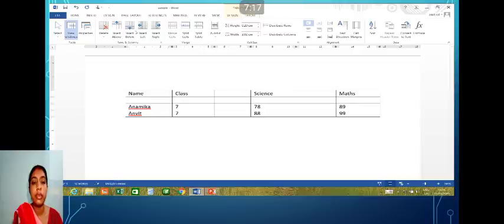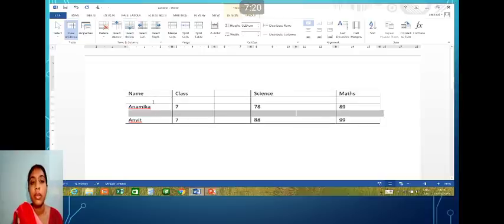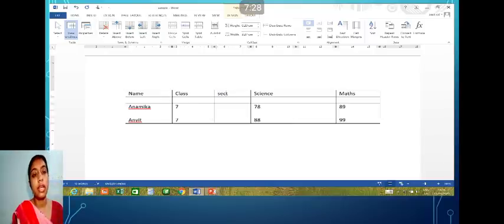Now let's insert a row. My cursor was there, above and below. You can see how I have done it. In whichever cell your cursor is, the row will be inserted. Now let's write some random values in the cells. I've just inserted some values.